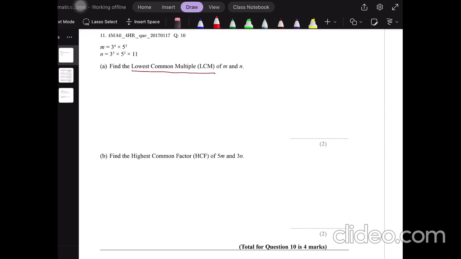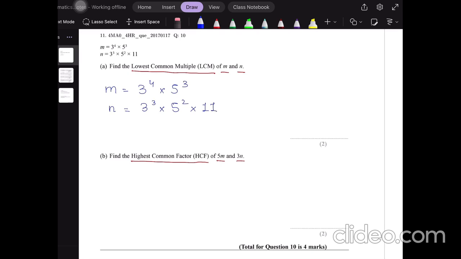Similarly, in part B he's saying to find the highest common factor, that is the HCF, of 5m and 3n. So these are my keywords: in part A the LCM is of m and n only, but in part B he's saying the HCF of 5m and 3n. Before doing that, the best and easiest way to solve such questions is that first of all you write the numbers separately: m is equal to 3 raised to the power 4, 5 raised to the power 3, and n is 3 raised to the power 3, 5 raised to the power 2 times